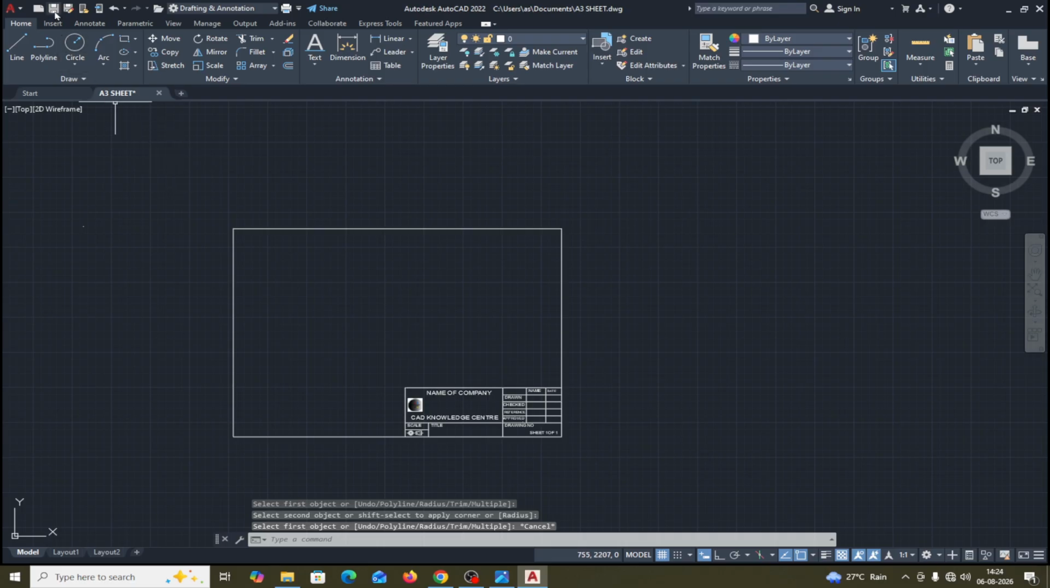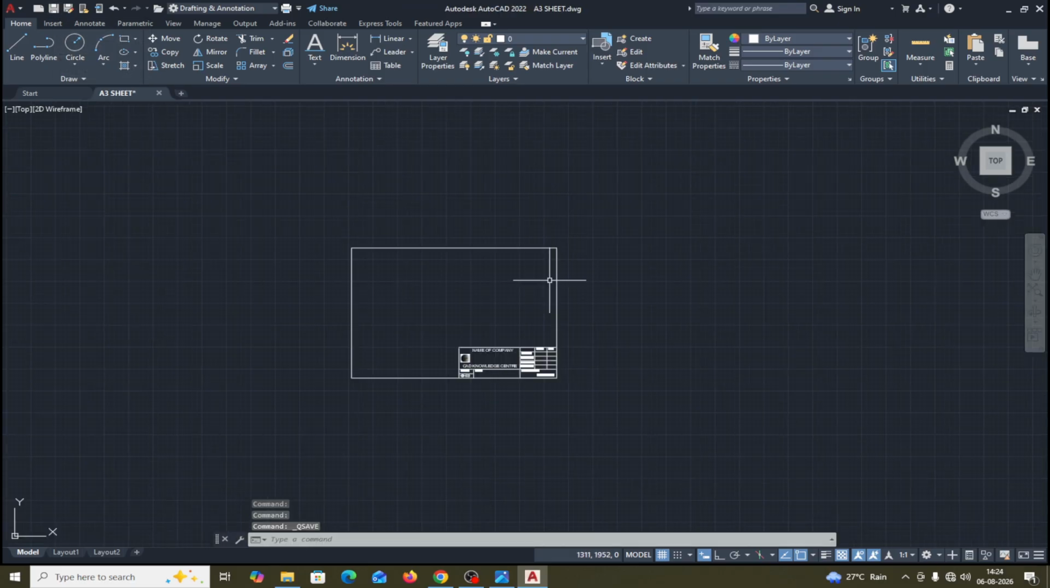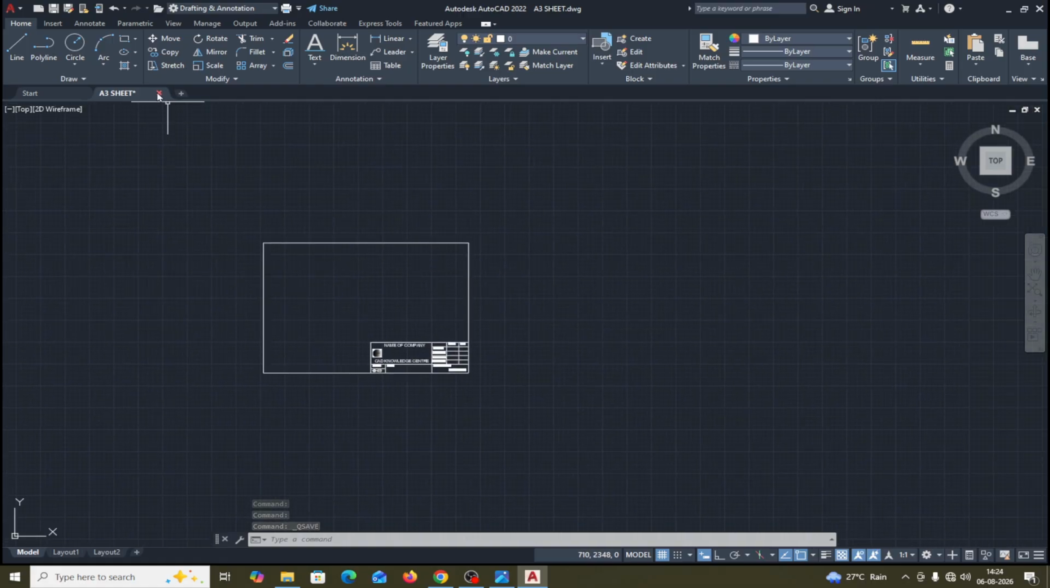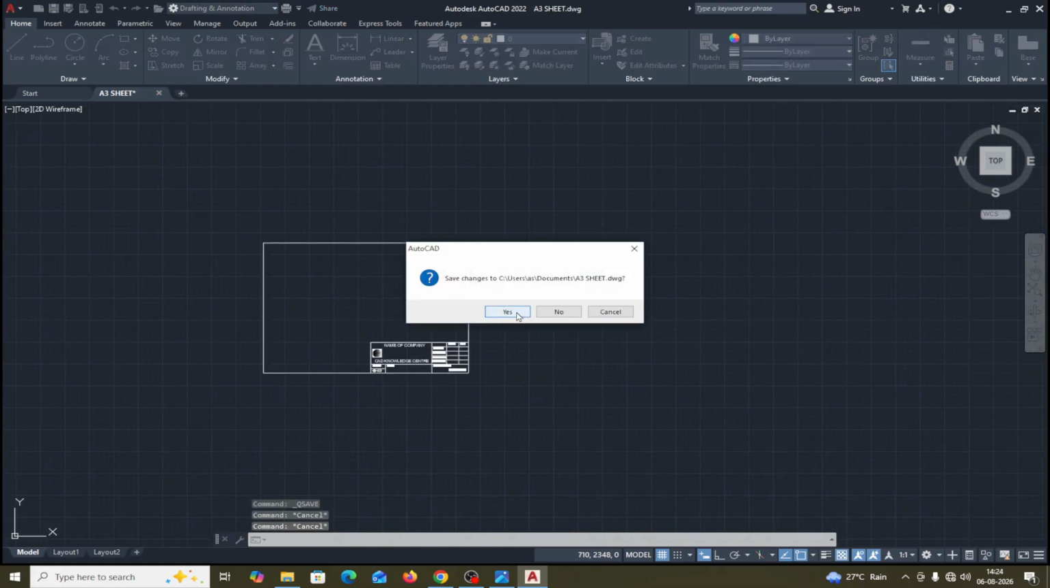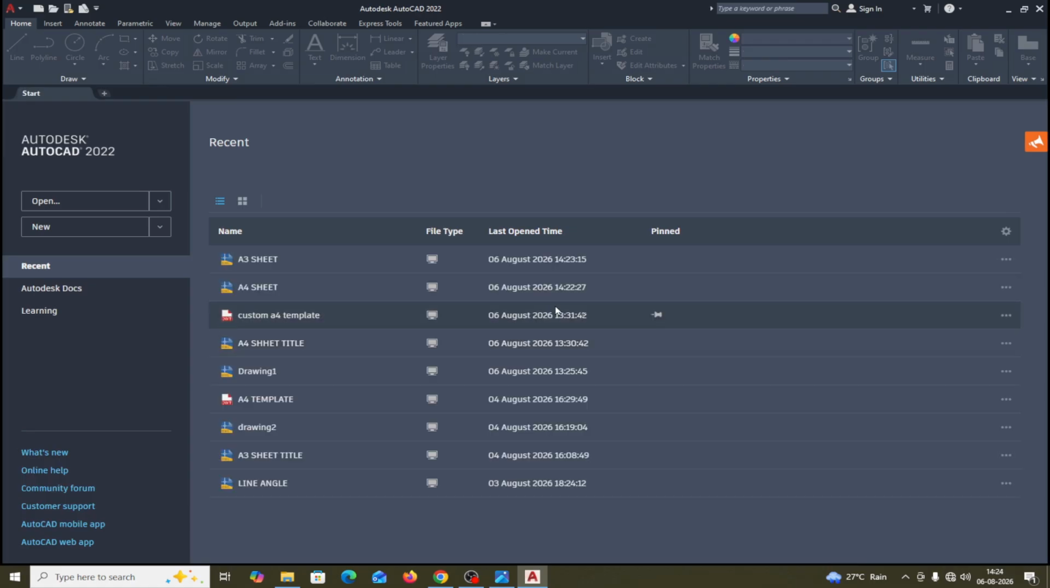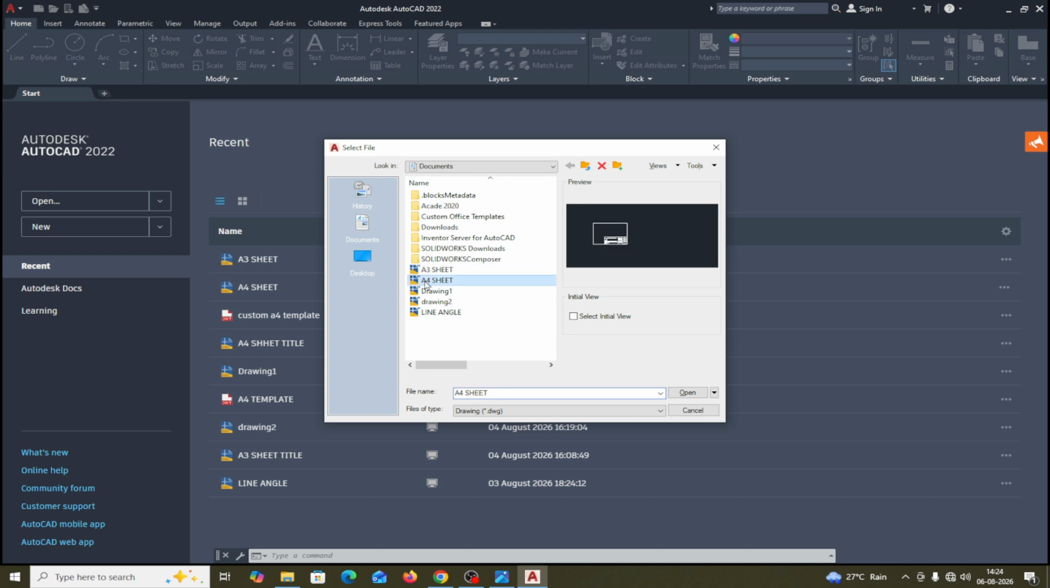This one, and save. So I have made 2 sheets here. Now close it. Yes, I have made 2 sheets here. Okay. Now how will I use these 2 sheets which I have made? So go in the open. Here I have made these 2 sheets, A4 and A3. First, suppose I use